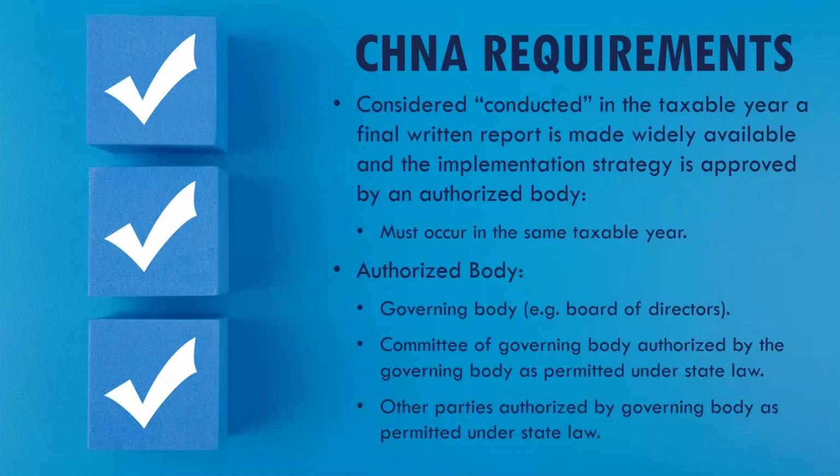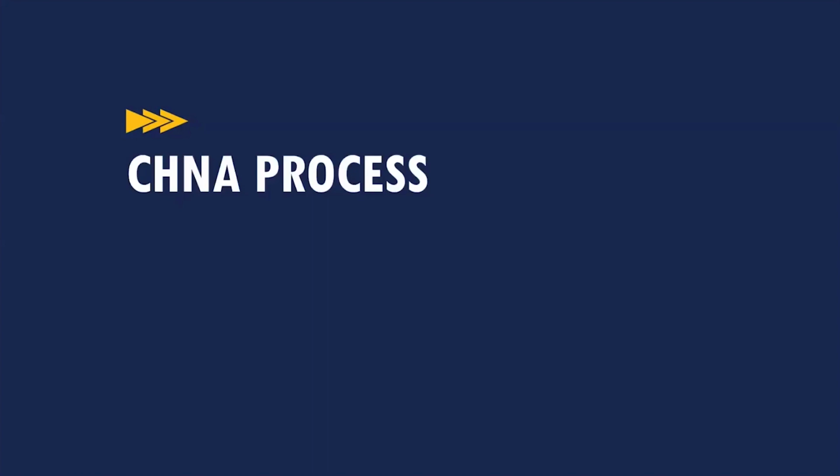It can be some level of committee within your governing body, as long as that's permitted under state law, and as long as your governing body has authorized that committee to approve the report and the implementation strategy. And I will note with the implementation strategy, I'll touch on this later, but when we talk about the same year, the implementation strategy actually has an additional 4.5 months